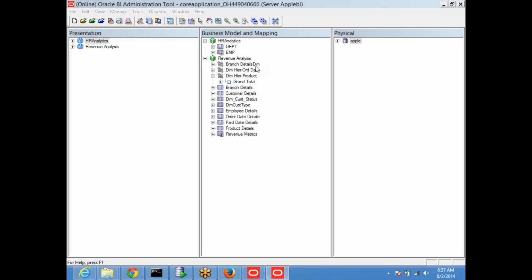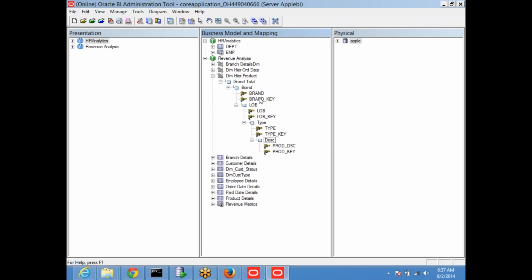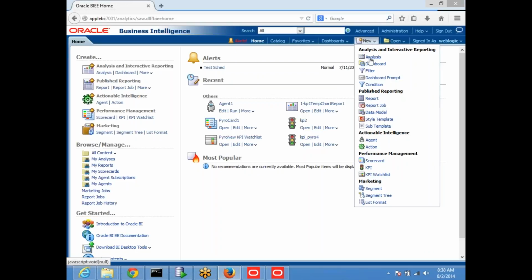And coming to the individual dimensions, we have created dimensions and then levels. In every level, when you are creating keys, for one of the keys you will choose Used for Display. That indicates, when you are navigating from one level to the next level, which column has to be displayed. So right now we have the brand product, and now if I go and create a report with all this stuff,